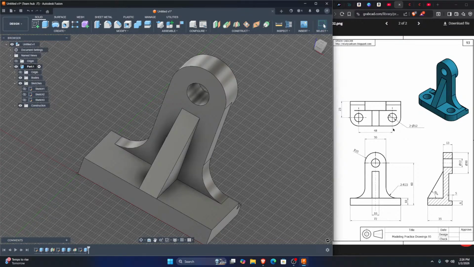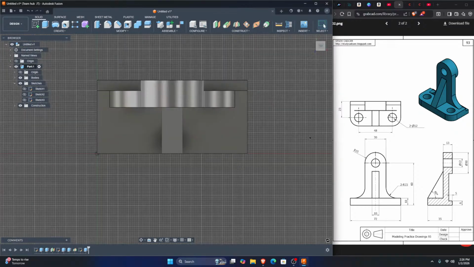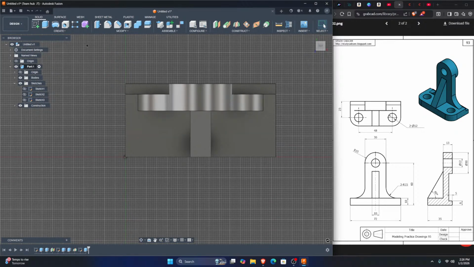And we've got a rounded corner on this portion that I'm trying to find the radius of. Not exactly sure. Okay, so here's our next portion. Those must be through holes all the way through. As you see on this sketch here, it looks like they're holes that go all the way down. However, it looks like on this sketch they did not include hidden lines to show us that it goes all the way through. I'm just going to assume that it does because it looks like it is on the isometric